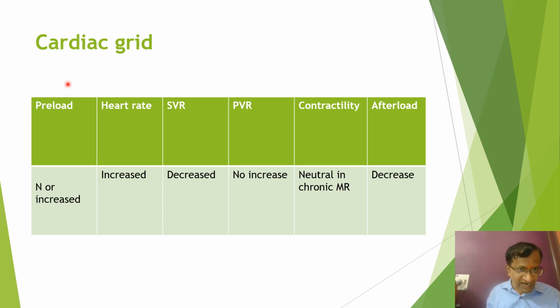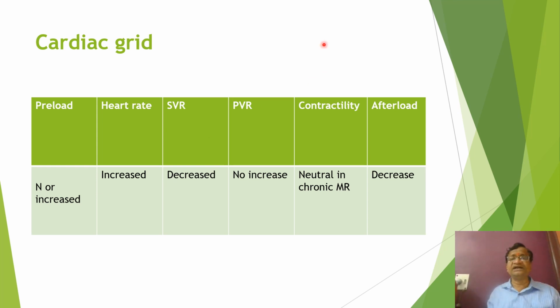Now we go to the cardiac grid. Preload, as already told, is normal or slightly increased. Heart rate is slightly increased because we want decreased filling time, so the LV is not overfilled. SVR is decreased so that the forward flow to the aorta is more. Pulmonary vascular resistance should not increase, as there is already a problem. So hypoxia, hypercapnia, acidosis, nitrous oxide,